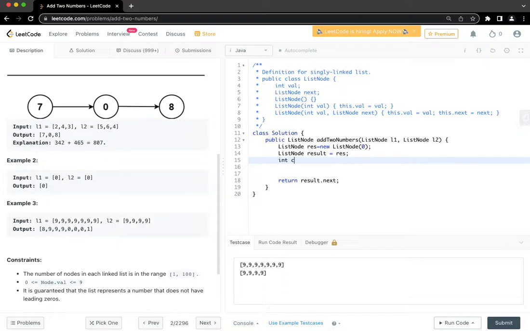Let me know in the comments if you have a better solution, which does not need more space. But right now that's what I can think of. And then we need carry, sum, and a couple of more integer variables. And then we are doing a while loop. So what we are saying is that while L1 is not null, or L2 is not null,